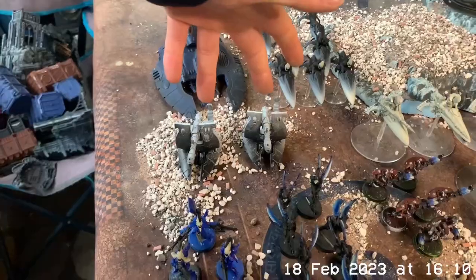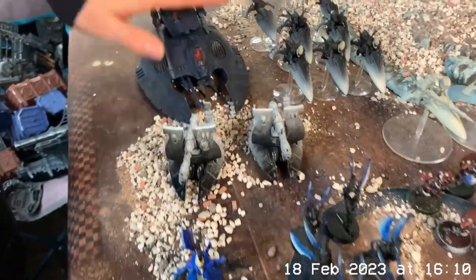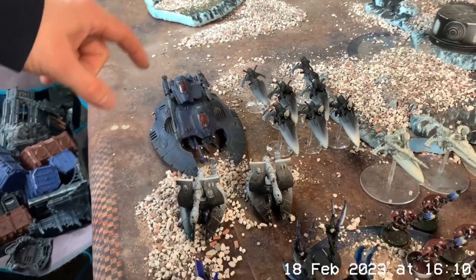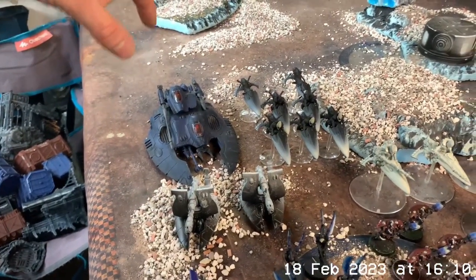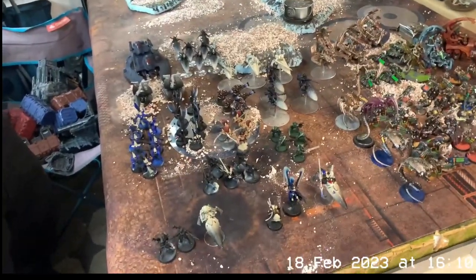I then have a 2-man squad of D-cannons in my heavy support slot. Not the cannons. And then finally, I have my Wave Serpent here with Twin Bright Lance and the Seer Stone upgrades, so that I count as double my wounds when shooting. Very nice, and that's 2,000 points of an Eldar list that has been whipping my ass recently, pardon the French,